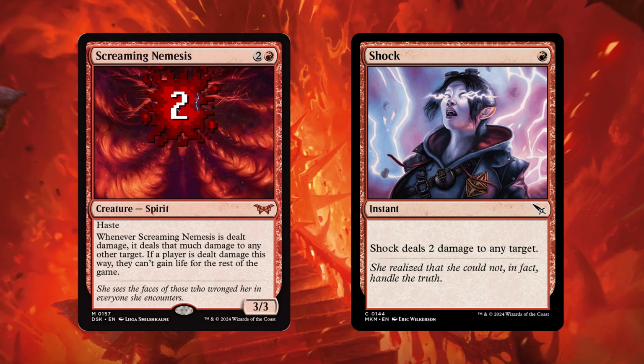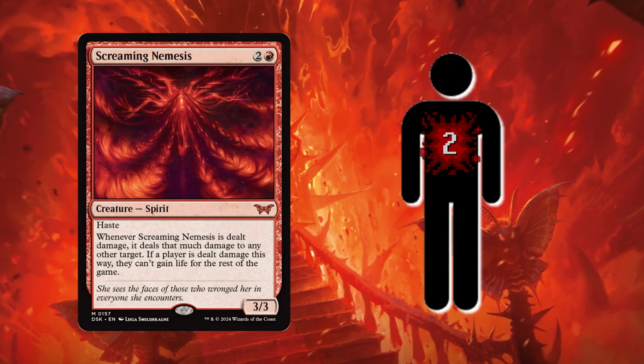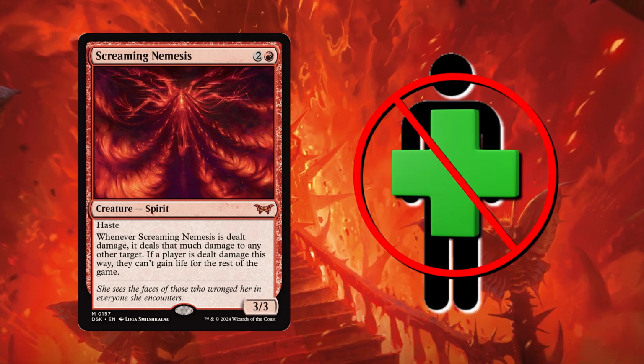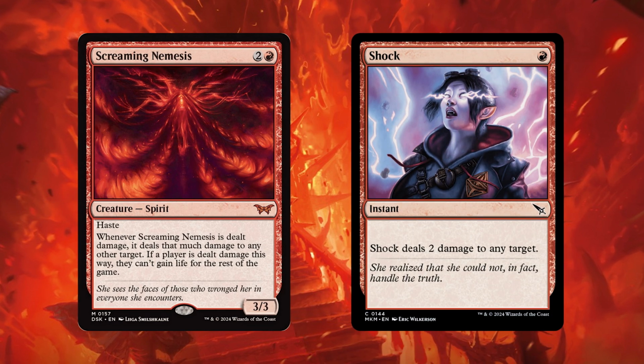Nemesis will take 2 damage, then trigger. Point that damage at your opponent's face, and not only have you not lost out on any of the original damage you would have dealt, you've also shut off their life gain in the process. This is a great way to manually shut off life gain against players who have chosen not to block your